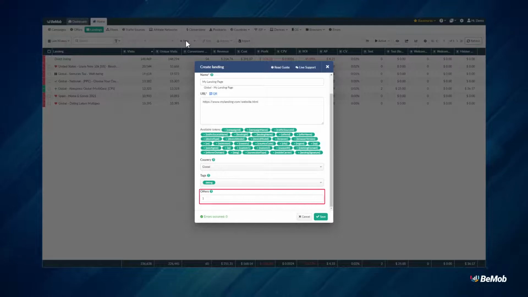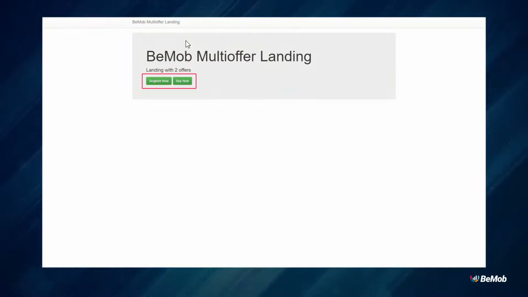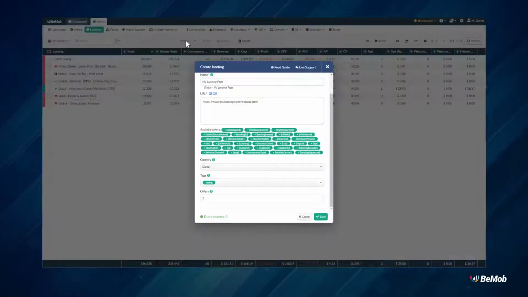In the Offers section, you should specify the number of offers that should be equal to the number of CTA buttons for your landing page. For example, you have 2 CTA buttons which lead to different actions such as Register Now and Buy Now. In this case, multi-offer click URLs should be used, and the number of offers in landing page settings should be